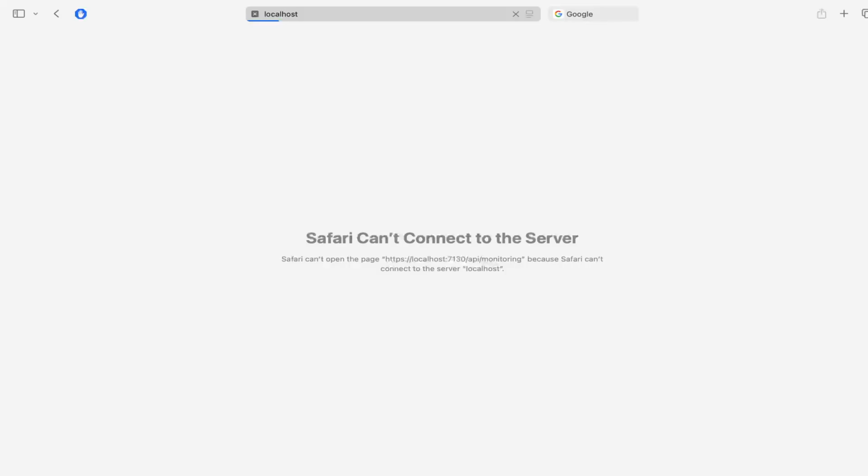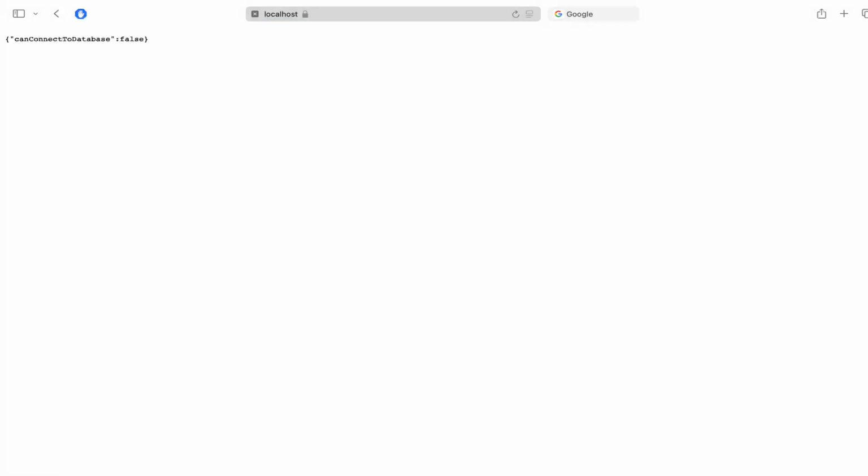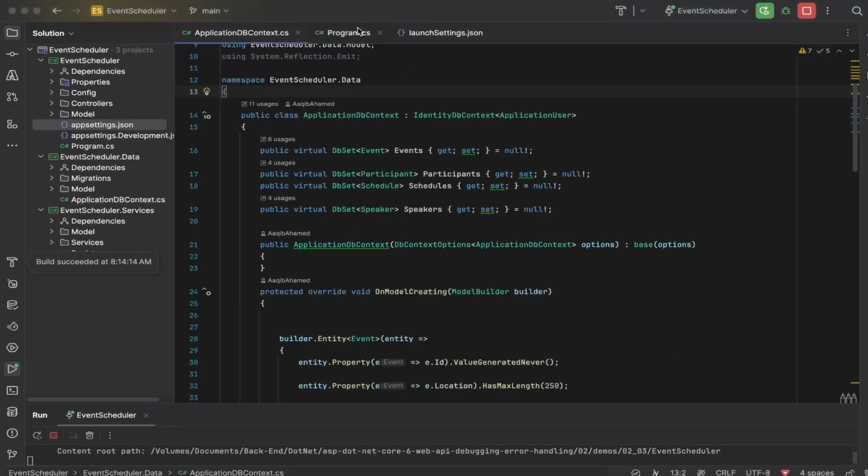Also, you can customize this. Based on that, it will open the browser, so let's see what we are getting. The response is coming as "can connect to database is false". So this is our expected output. That means, if you look at the project,